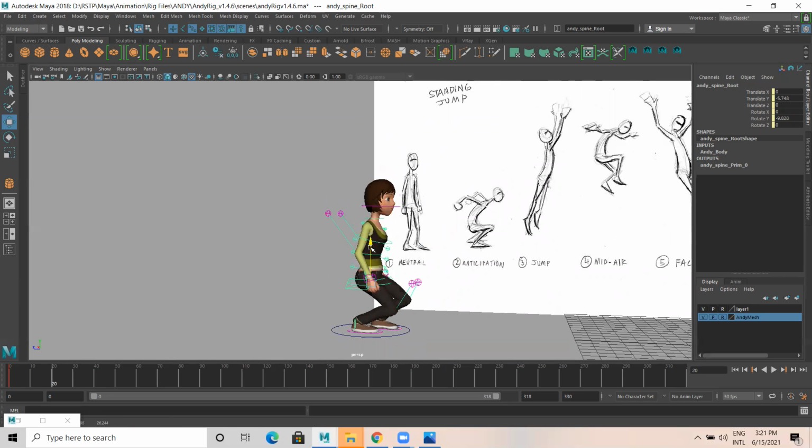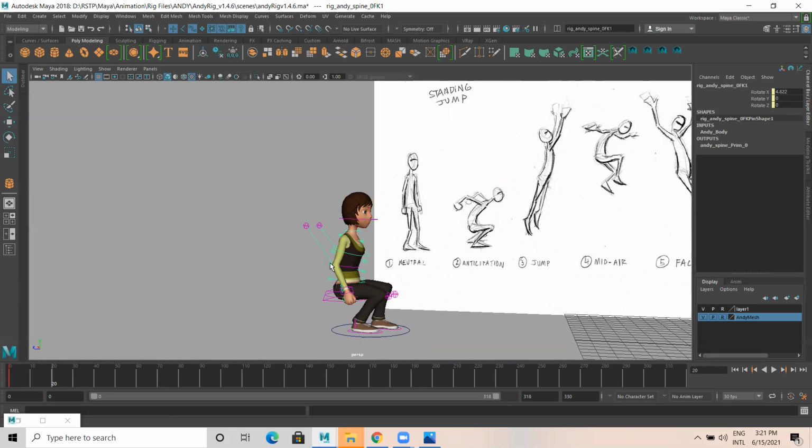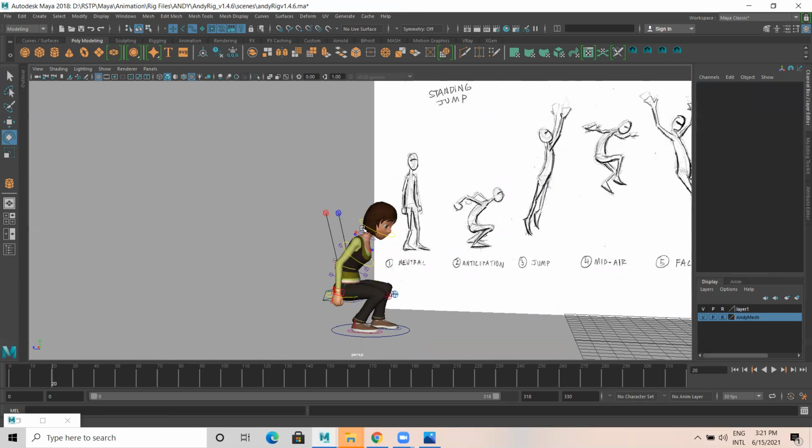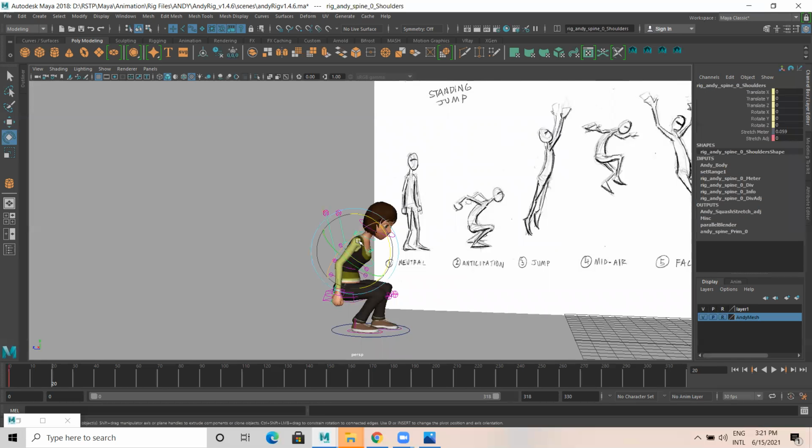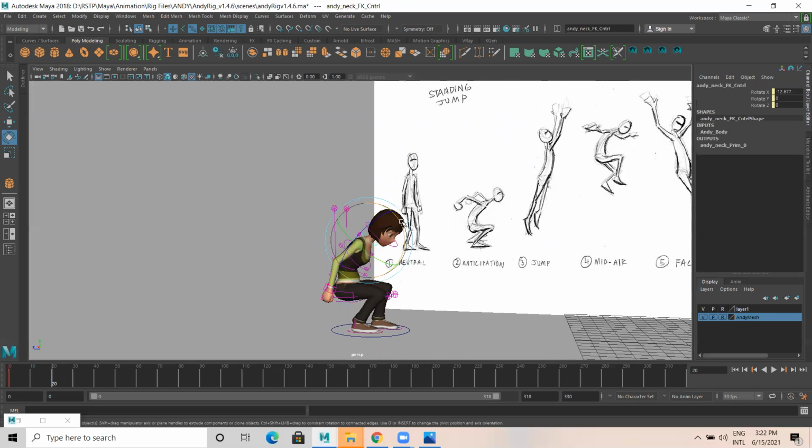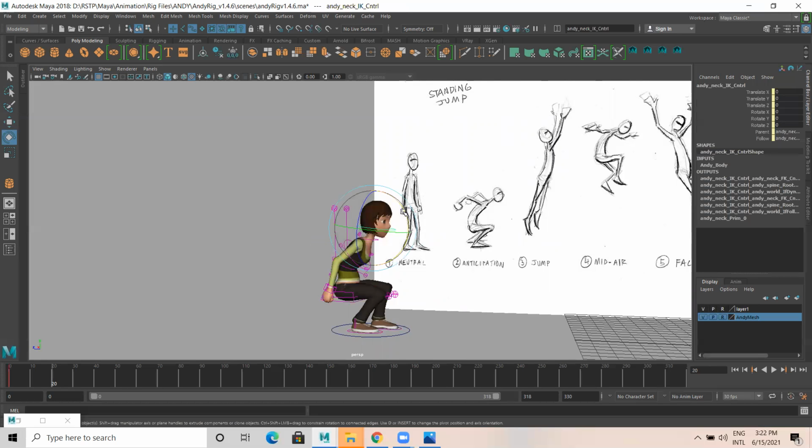I am just having this position, and obviously the character will go a little bit back and down. I'm selecting these spine controllers 1, 2, 3, and 4, and I'm going to rotate and bend it like this. This one I'll bend too, but the neck will be like this, and the head part will be almost like this.